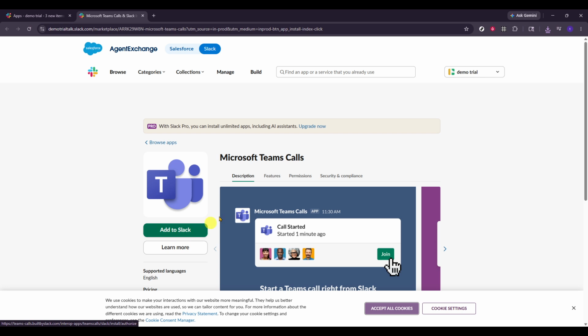When you're ready, click Add to Slack. Depending on your organization's policies, Slack may check your permissions or send an approval request to your workspace admin. That's normal, and once approved, the app will install automatically. If a browser tab opens during installation, keep it open until you see confirmation that the app has been added